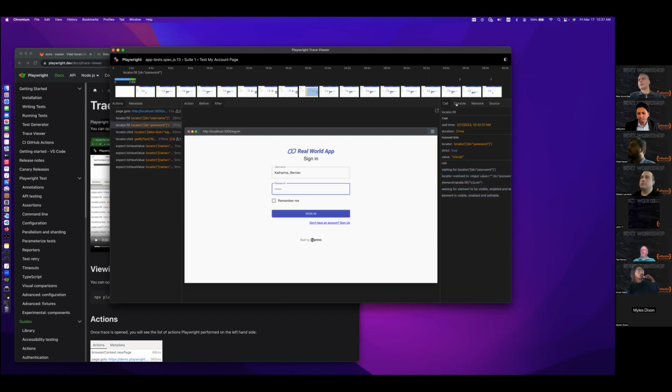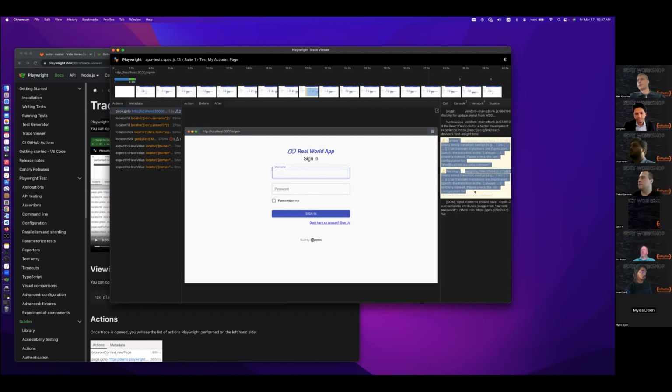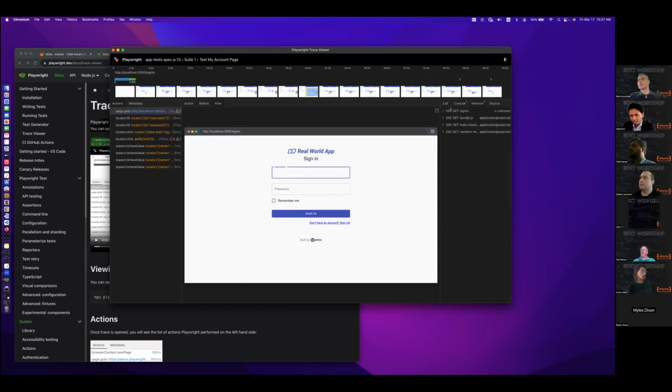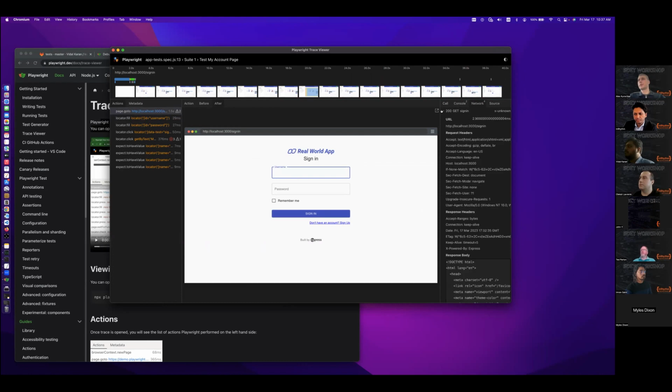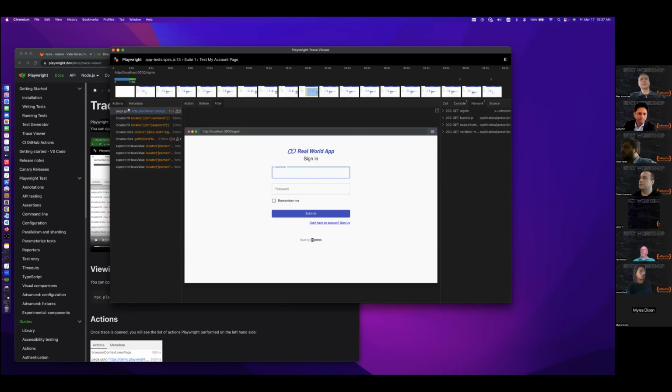And then also you can see the console output. I'll show you on this go-to page. Usually it has different network calls, and for the console, the 2 here indicates that it has two warnings in the console output during this particular step. And then it also shows you the network calls that were done on this step to load the page. You can even check if you have some broken network calls and on what particular step of the test they occur. So here we don't have anything broken, all 200.